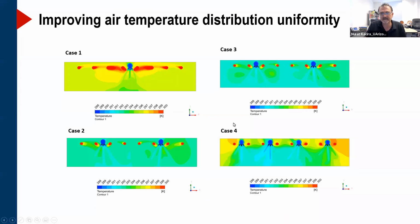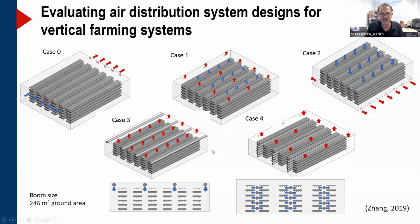So from this work, and here's the air temperature distribution in each case, we're able to look into the details of the temperature distribution and also make a decision to improve the designs in the analyses. From this work, this led to the following work where we considered a warehouse-based system, in this case a large warehouse with a multi-tier system, to evaluate various scenarios in terms of the inlets and exits for the air to circulate within the growing space. Our objective was to compare this design alternative at the bottom that you see, where the air is being pushed into the canopy, into the multi-tier system to sweep the canopy surfaces with a horizontal airflow